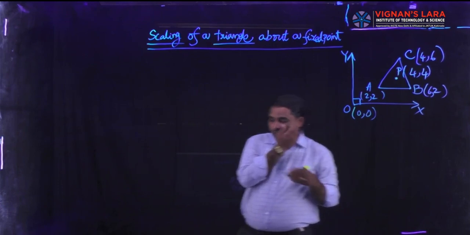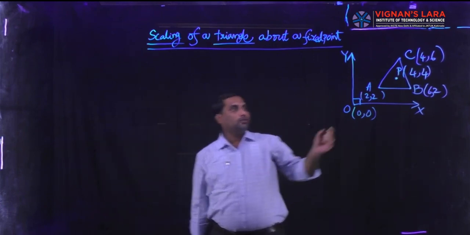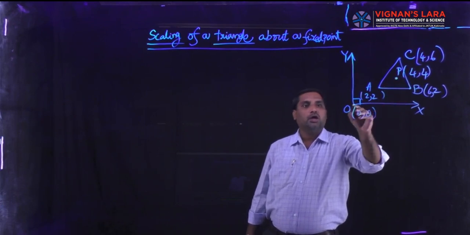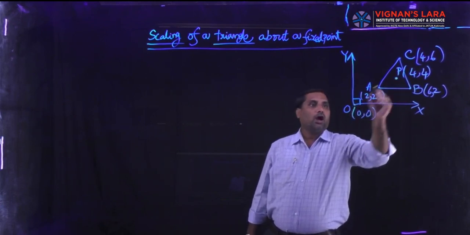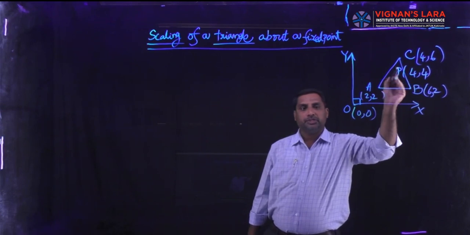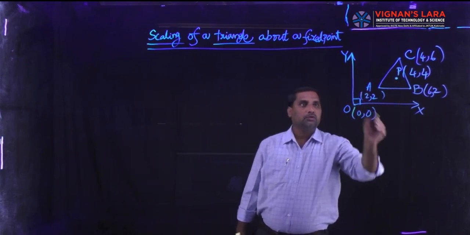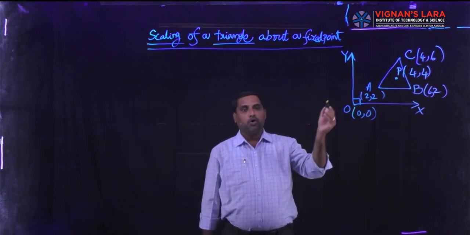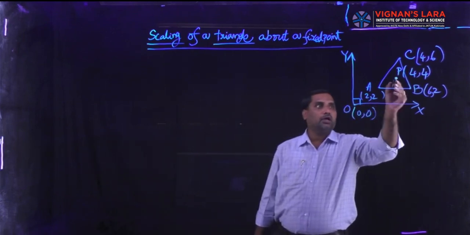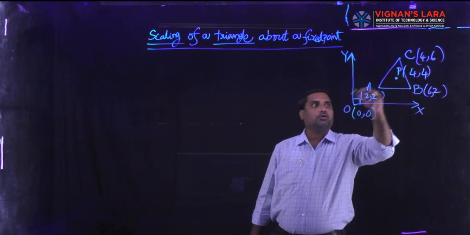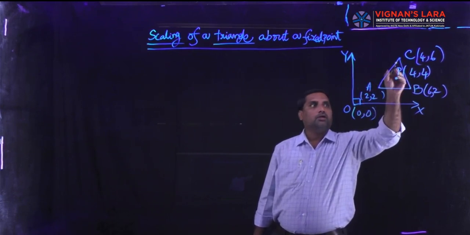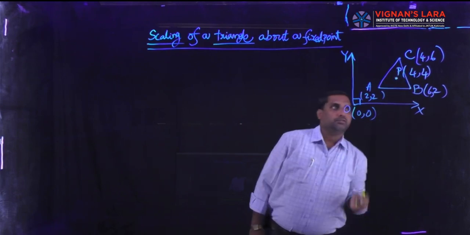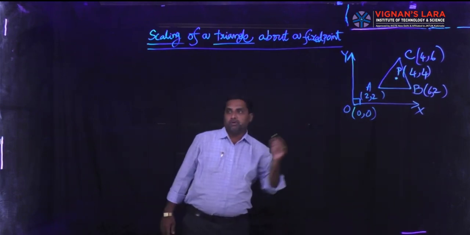As in the previous problem, here also we have to translate. Step 1: translate the point P to the origin O. Then all the A, B, C coordinates will be changed. Then scale about the origin. Then positively translate the fixed point back to its original location. Then all the coordinates after scaling will be translated to the final scaled coordinates.